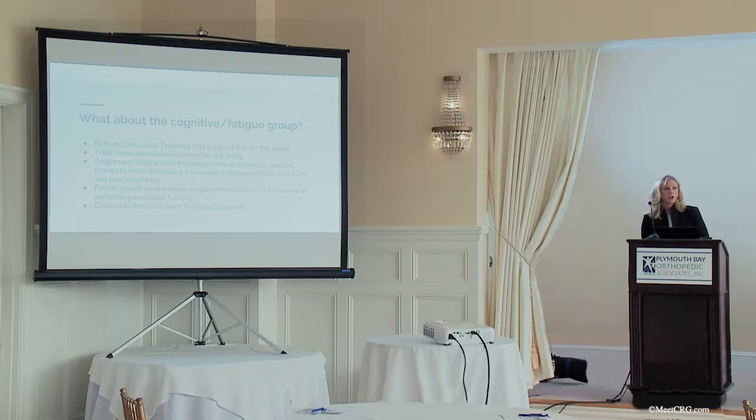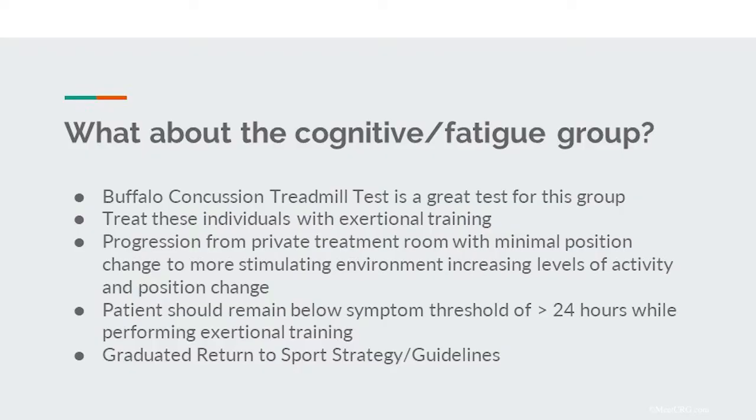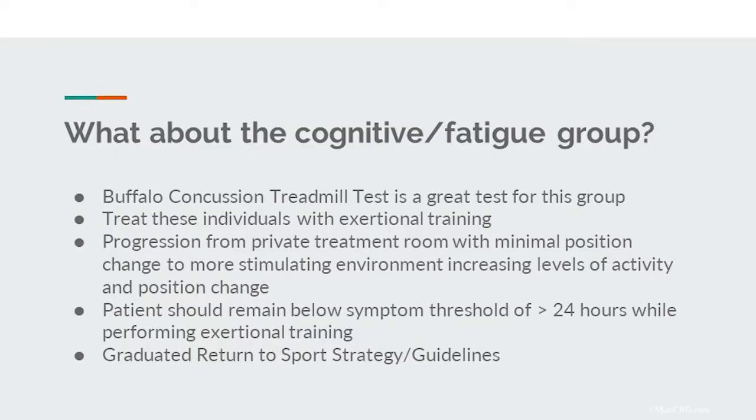The next group I want to talk about is the cognitive fatigue group. A great test to use for these patients is the Buffalo Concussion Treadmill Test. It's like any other graded exercise test that you would think of, where you're monitoring vitals, blood pressure, and heart rate. There's a Borg scale or an RPE scale that you have them do, and you're increasing the incline as you do the test, and you're basically seeing how their symptoms behave and or change as you're doing the test. This group you want to treat with what we call exertional training,